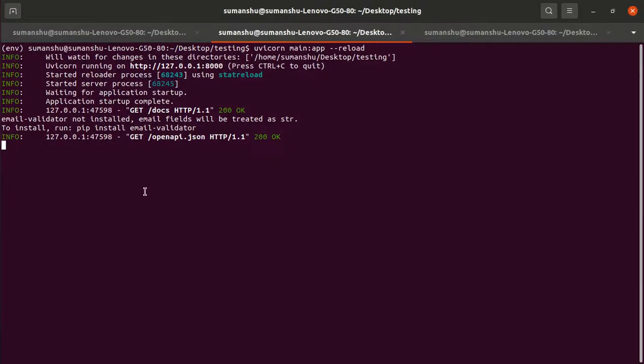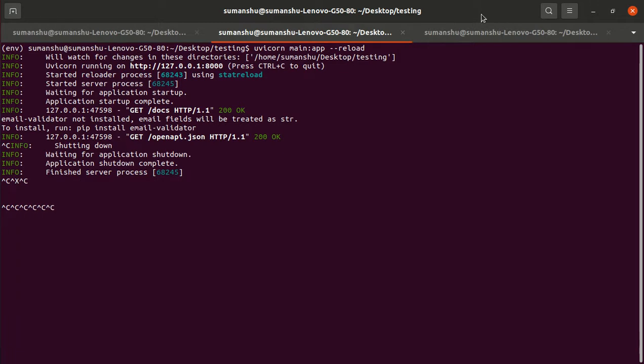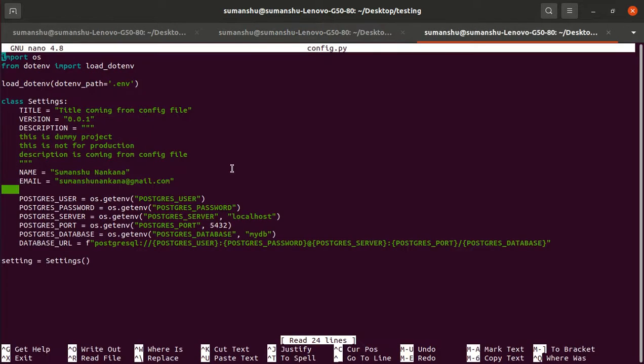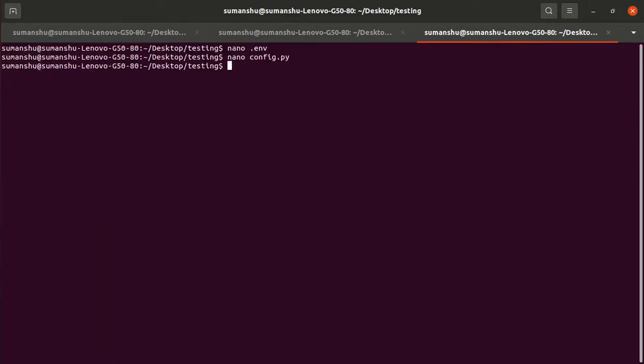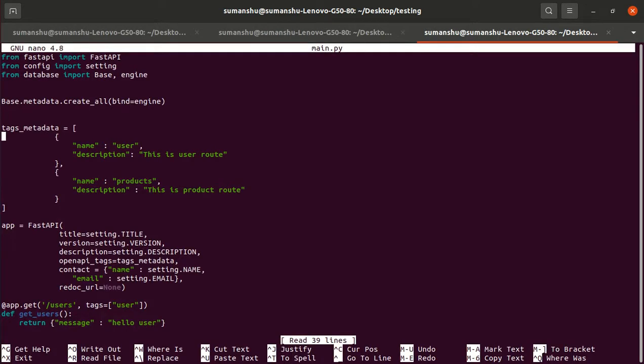I think we did something wrong. Let's debug. Why was the table not created? So let me close this app. Nano main.py file. So base.metadata.create_all, bind engine.